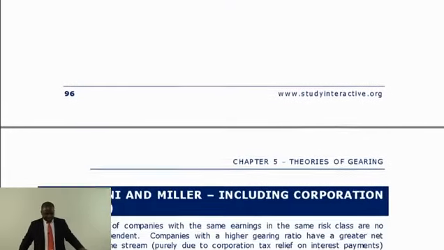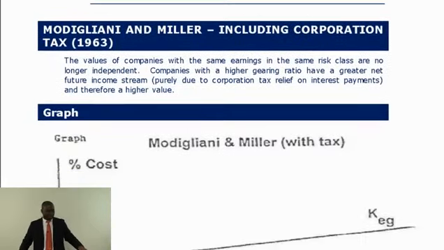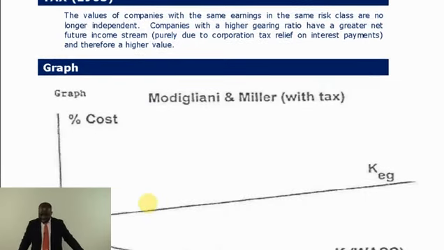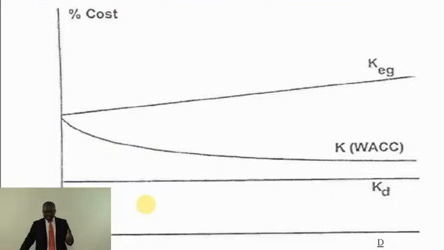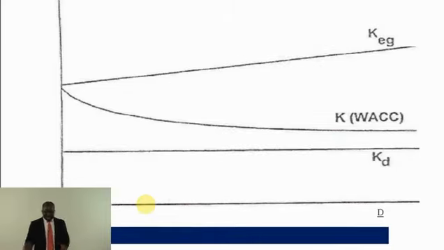In 1963, they still made many assumptions, but they came out with the fact that there is corporation tax. When they came in 1963, they relaxed the assumption of no tax and brought in corporation tax. And now this was the argument. They said if gearing is zero, just as in the same argument, we will face only business risk. Equity holders will demand a return to compensate for only business risk, and at that point your WACC is the same as your cost of equity.